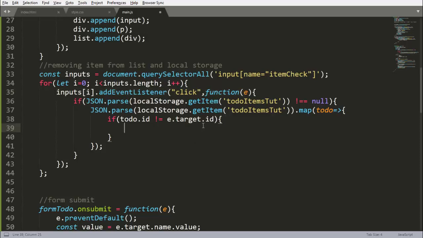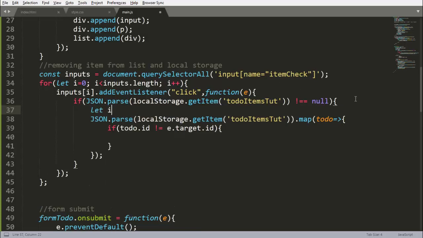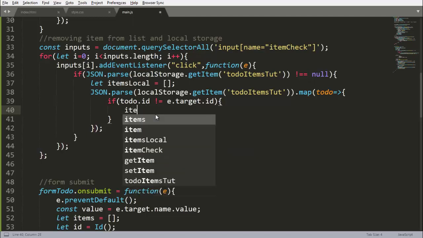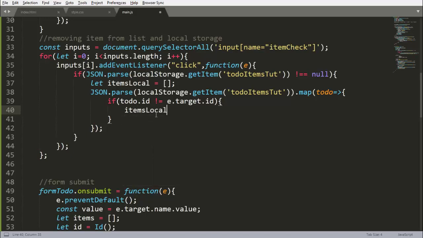So what we will do? Here under the if condition we will create items local array here. We already mapped this, so we will push items local dot push.